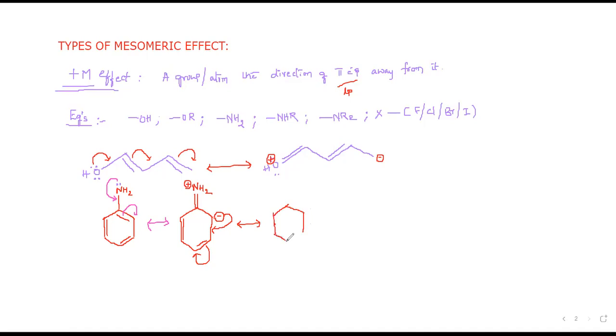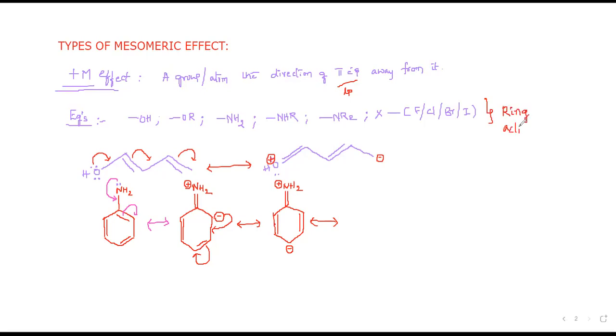I am trying to write. It may take some time. Though it wastes time, I am writing only so you understand the concept, how you get the double bond when it is shifted from one position to another, how it is represented. So in all the resonating structures, when a group shows plus M effect, that benzene ring always gets a negative charge. Benzene ring gets what charge? I said negative charge. And these groups are also called ring activators.